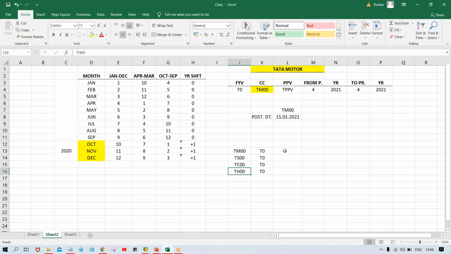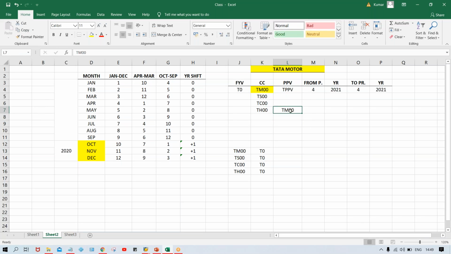If I say the fourth period is supposed to be opened, it doesn't mean it is going to be opened separately for every company code. No. The posting period is also defined as a variant itself, the posting period variant, TPPV. The same TPPV is going to be assigned to other company codes also, TS00 and so on.